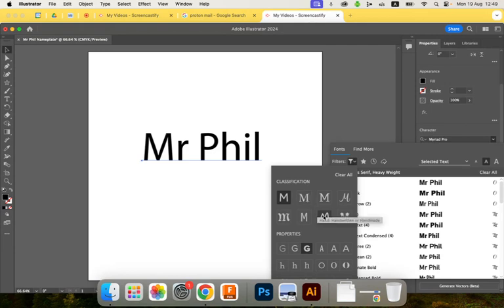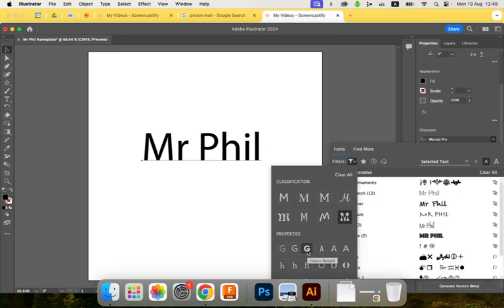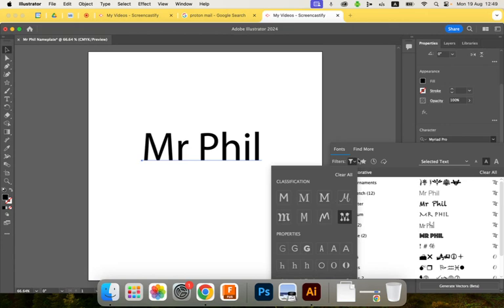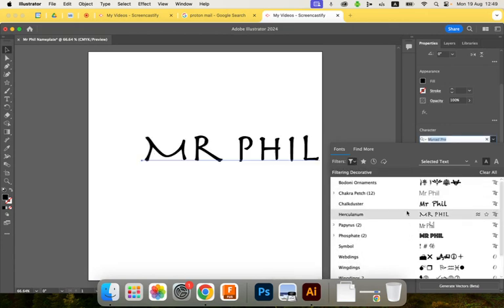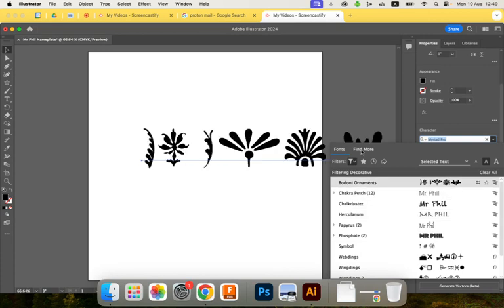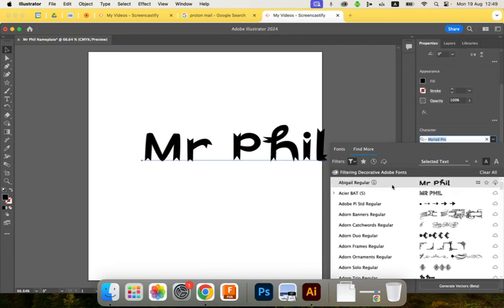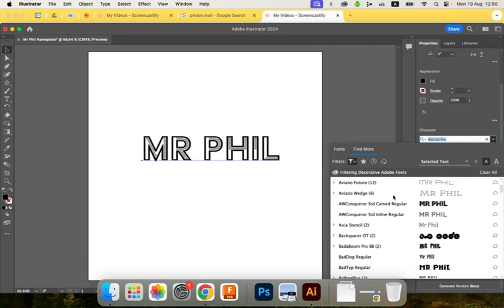So let's just say, for example, that I've decided I want to go with a decorative font. Okay. And I'm just going to turn off heavyweight there. You can also add more properties. Like you'll see I had heavyweight toggled there, but there weren't very many fonts which were heavyweight. So I'm just going to go with decorative fonts right now. And you'll see there's some pretty cool fonts, but not a lot of them. So the next step is to go to Find More. And under Find More, what your program will do is it will go and it will look for all the fonts that Adobe has got